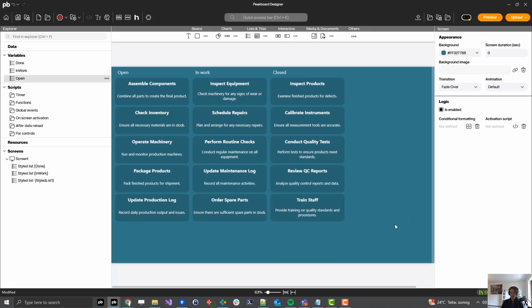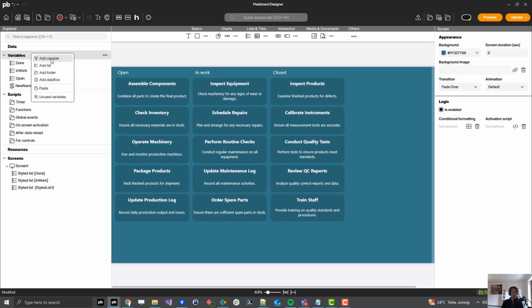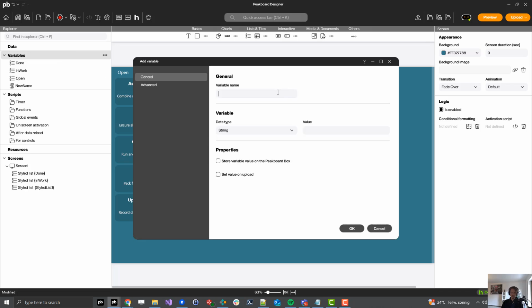Now I also want to add the possibility to add new cards. So for that I first start by adding some variables. The first one I call new name for the name of the new card. The second one will be called